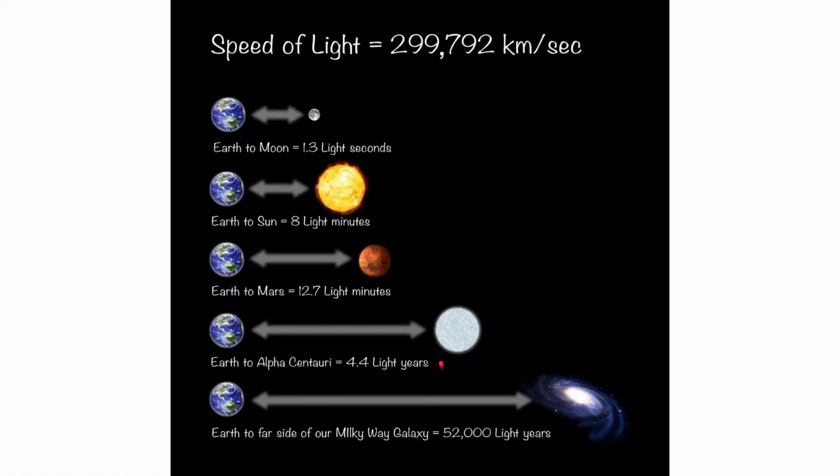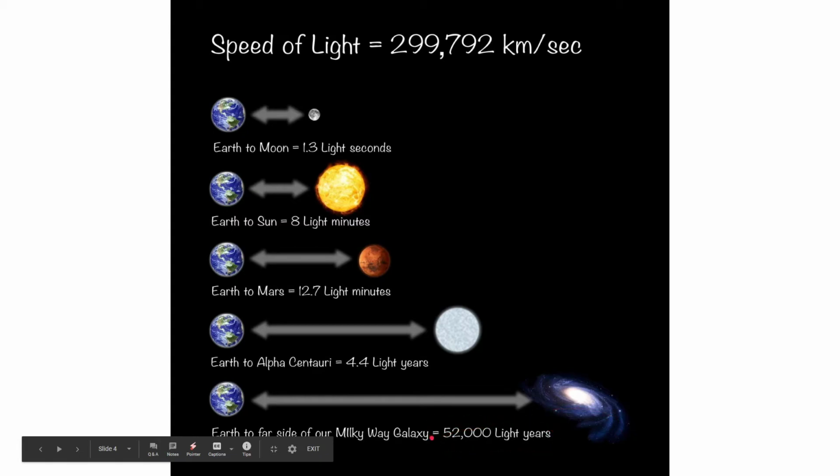The closest star to us is 4 light years away. So if you're traveling at the speed of light, it's going to take you 4 years to reach the closest star, which is Alpha Centauri. It's a long time. If humans ever visit other solar systems, this will likely be the first one. And Earth to the far side of the Milky Way galaxy is over